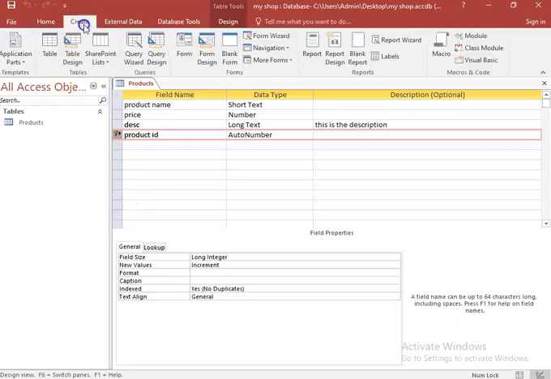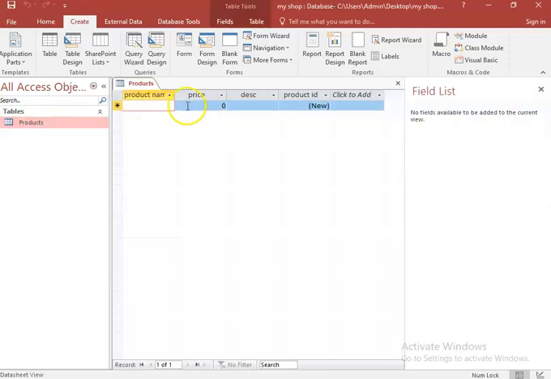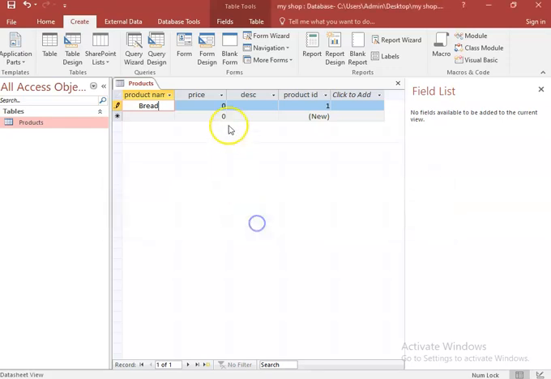Now next, I want us to create a form which simply allows us to enter data in our products. Let me close this first. If now I open my products table, as you can see, we have all those data fields that we specified earlier. Now I can input product, say something like bread, price, one or more values prohibited by the validation rule greater than 30. Okay, so I want price to be, if I put here 25,